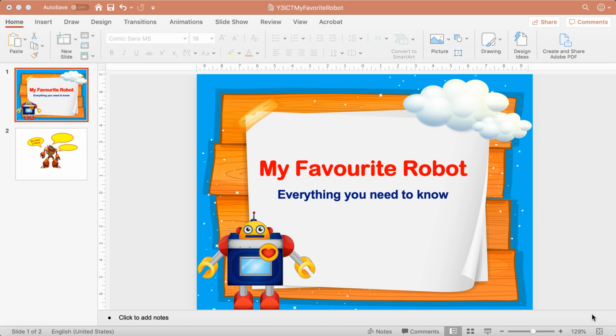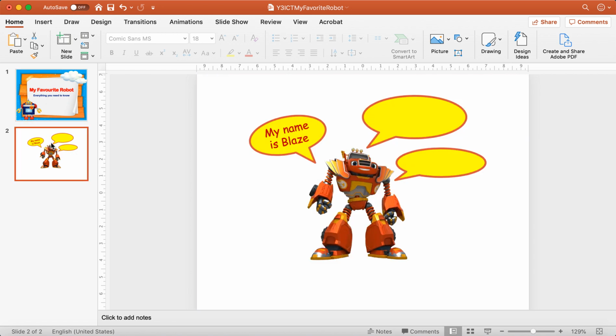So in this file, you already have two slides. The first slide, we call it the title slide, has the text "My Favorite Robot" and everything you need to know. There is also another slide, which we call slide number 2. And for this lesson, you have to complete the work by adding text on this slide